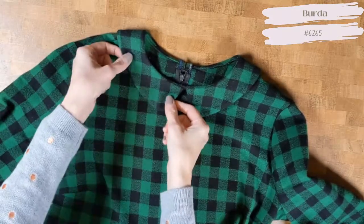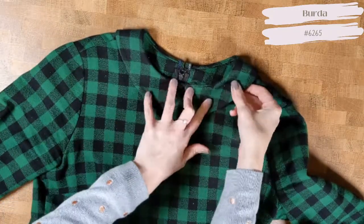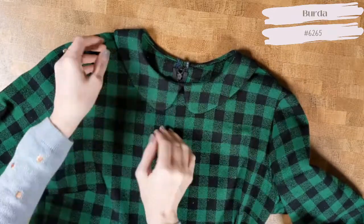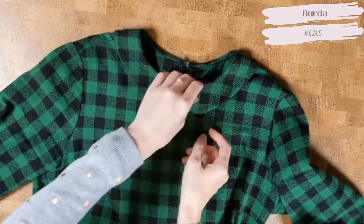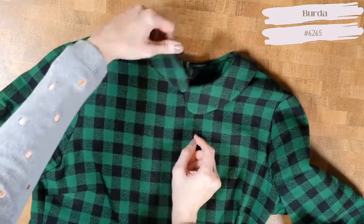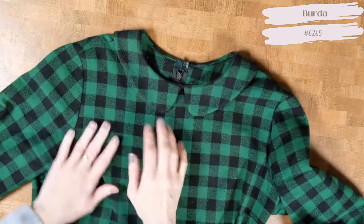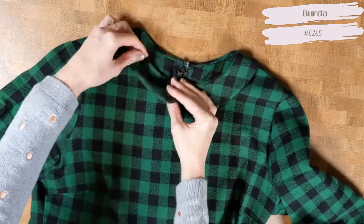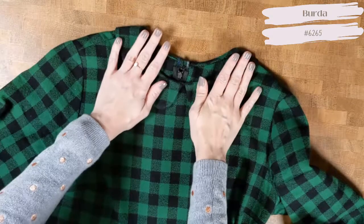As you can see, there was an attempt made to match the collar plaid pattern to the front of the dress, and it looks pretty good, but the collar doesn't lay completely flat all the time, so sometimes it matches and sometimes it doesn't. The collar itself has a layer of interfacing, and then it is attached to the neckline